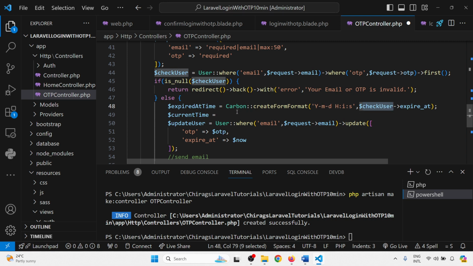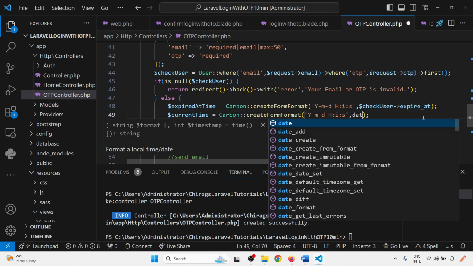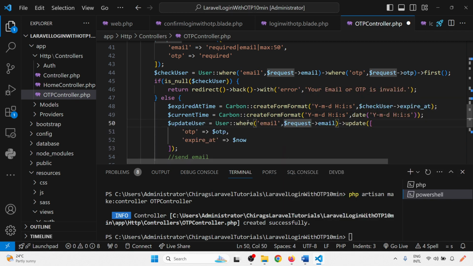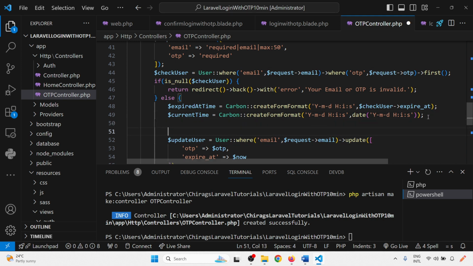Okay, so I'll get the expired time. So whatever the expired at time I'll get it there. Next, similarly I'll get the current time. Date. So I'm getting the same time. Now what I'll do, I'll